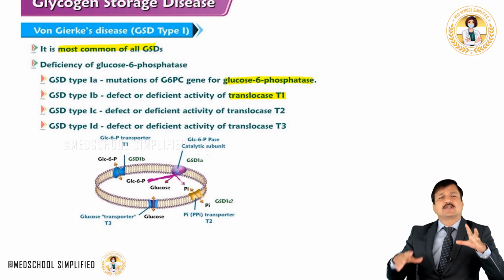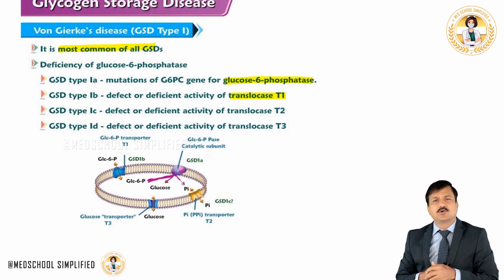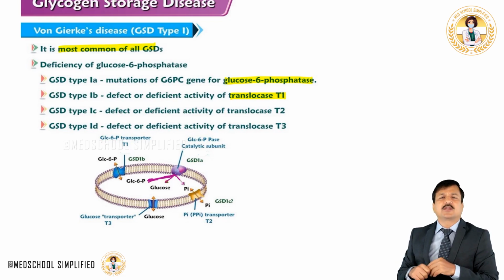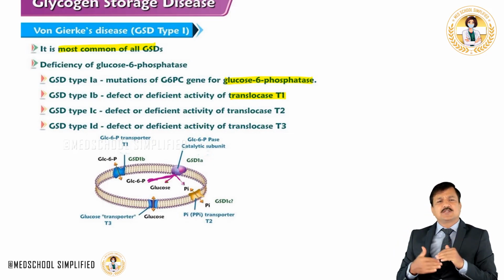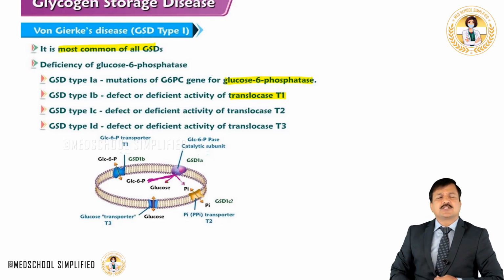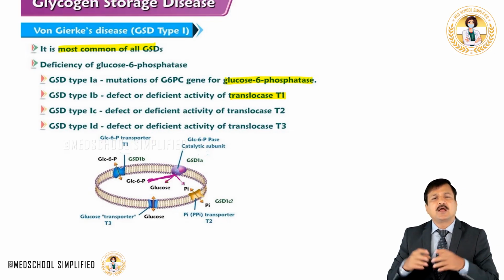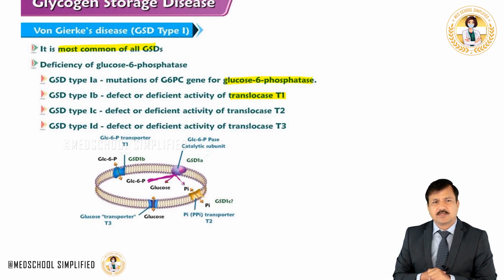Okay, so like this, glucose 6-phosphate which has to be converted into glucose in the liver needs to go into the lumen of endoplasmic reticulum. So there are transporters over the membrane of endoplasmic reticulum. Now all of these T1, T2, T3 transporters and the glucose 6-phosphatase enzyme, since they are all proteins, are all coded by specific genes, and if there is a mutation in a gene coding for them,